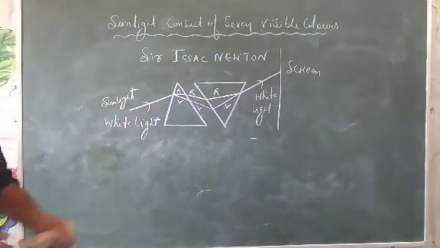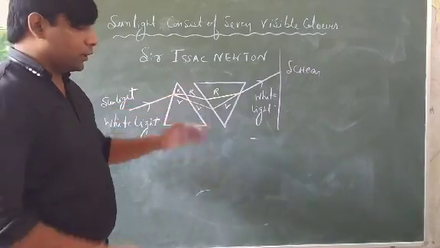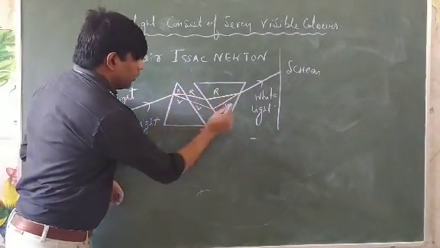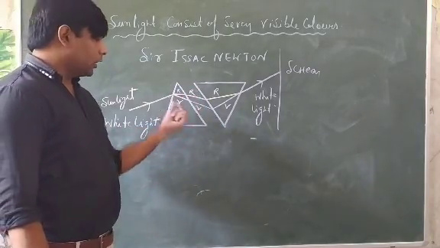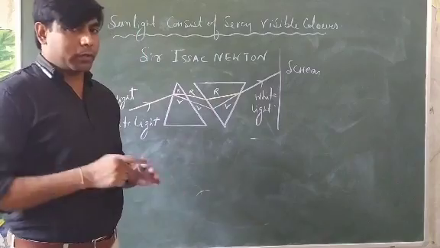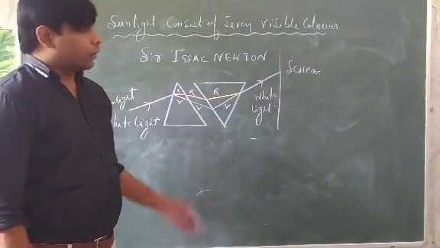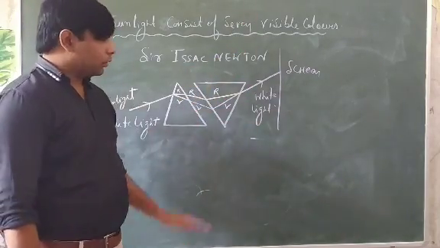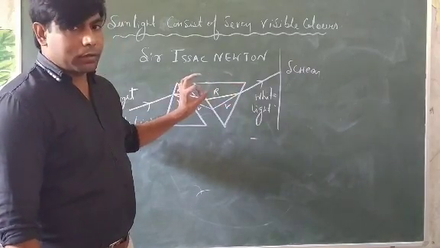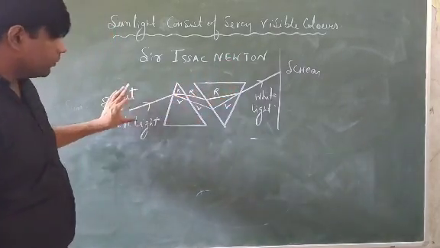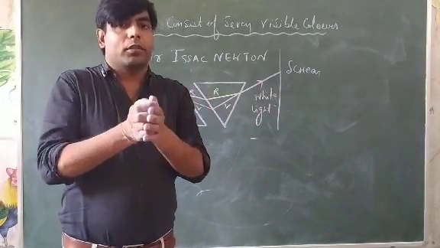First, we place the first prism in front of the sunlight. This white light entered, and due to dispersion, it was split into 7 colors: red, blue, orange, green, and so on. Then you place near this prism another prism in inverted position, right? When these 7 colors entered the second prism, he put a screen near it. Then he found that the 7 colors combined again into white color. The first prism split white light into 7 colors, and the second prism merged those 7 colors into 1 color.